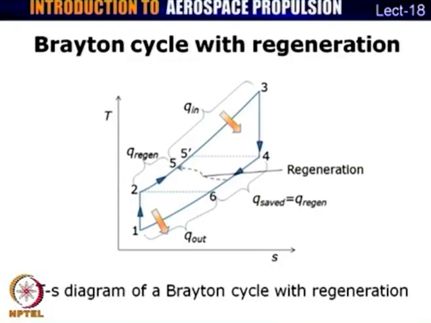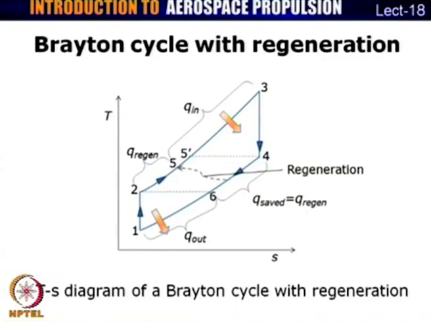So, what happens in regeneration is that, as we can see, the temperature at state 4, T 4, is much higher than temperature at state 2. So, regeneration is a process wherein you would like to transfer some part of this heat which is being rejected back to the cycle. So, that is from state 4,